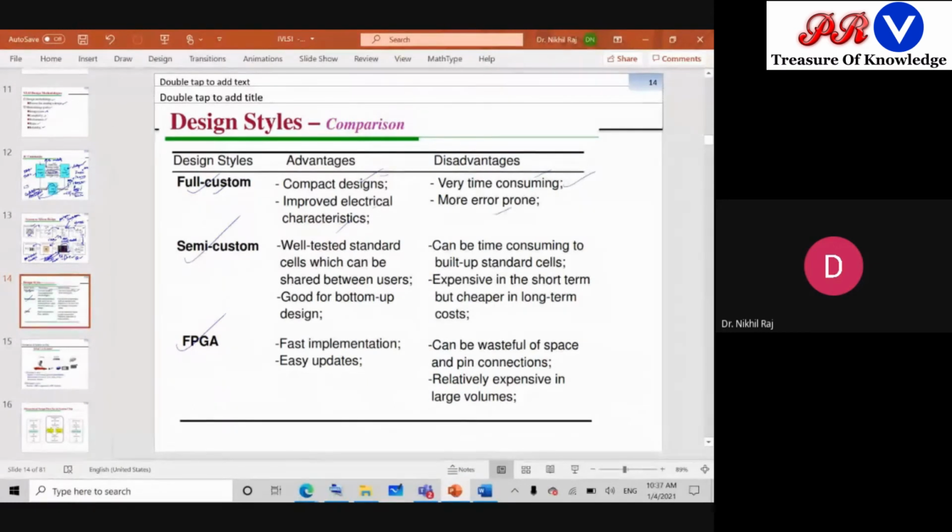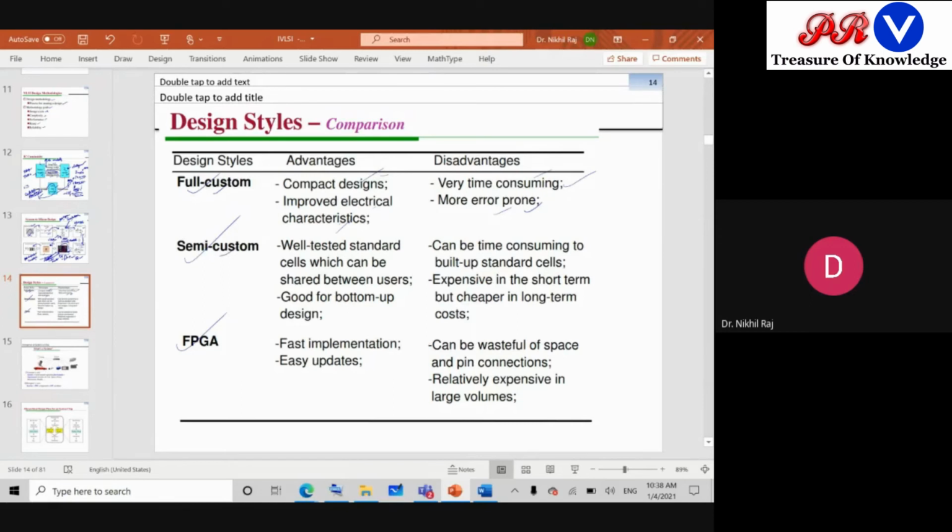And of course we are human. When we do mathematical analysis, we use the keywords let's assume, neglect. So these keywords are what? These keywords are nothing but neglecting the parasitics. So if we neglect those things, because they give me tedious calculations, and are problematic when solving the equations, we neglected those. So there are more chances of errors, because we have neglected those calculations. So the disadvantage is these two.